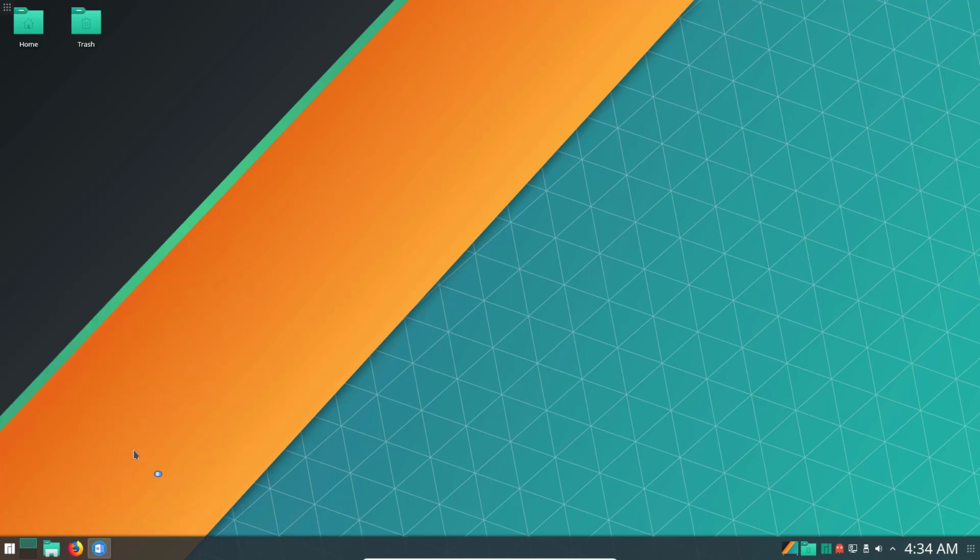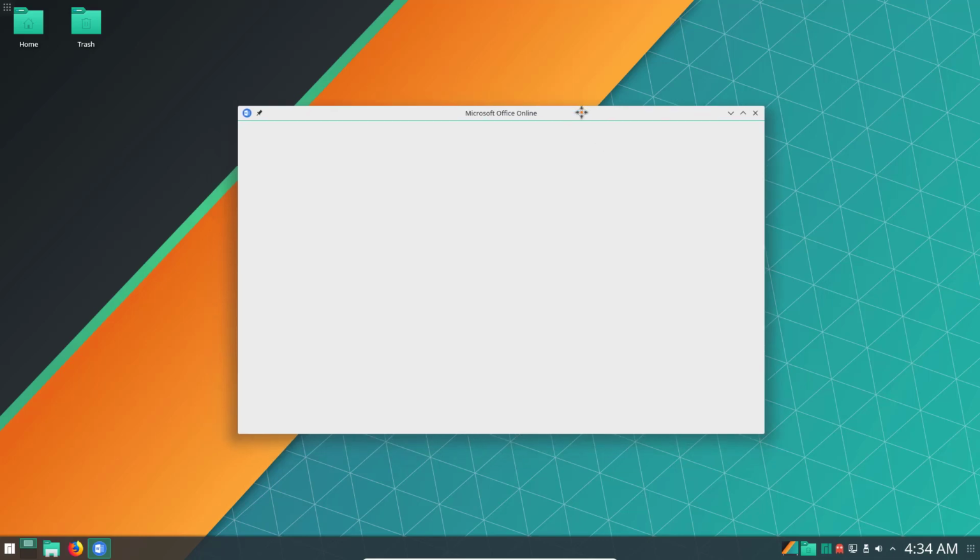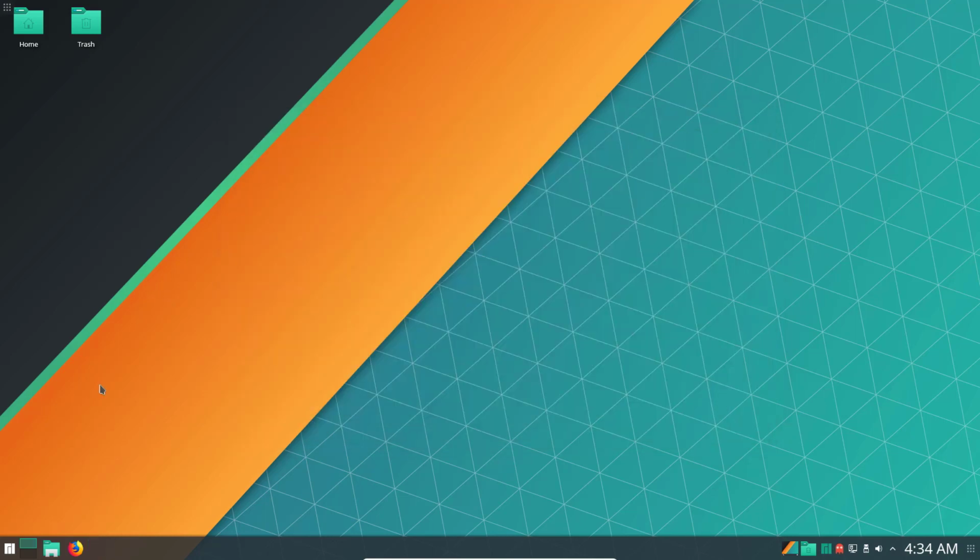Let's try to open it. In XFCE, I could not open it. Looks like here also it is not opening. Anyways,